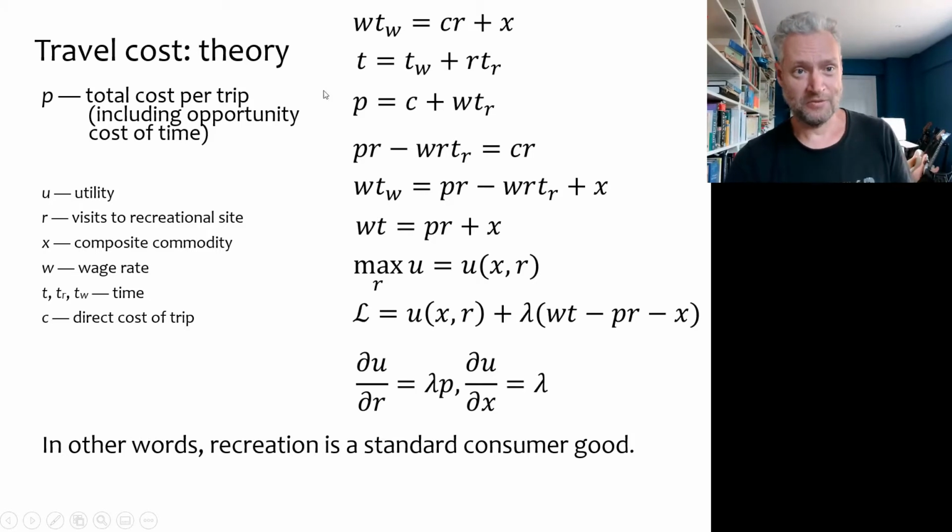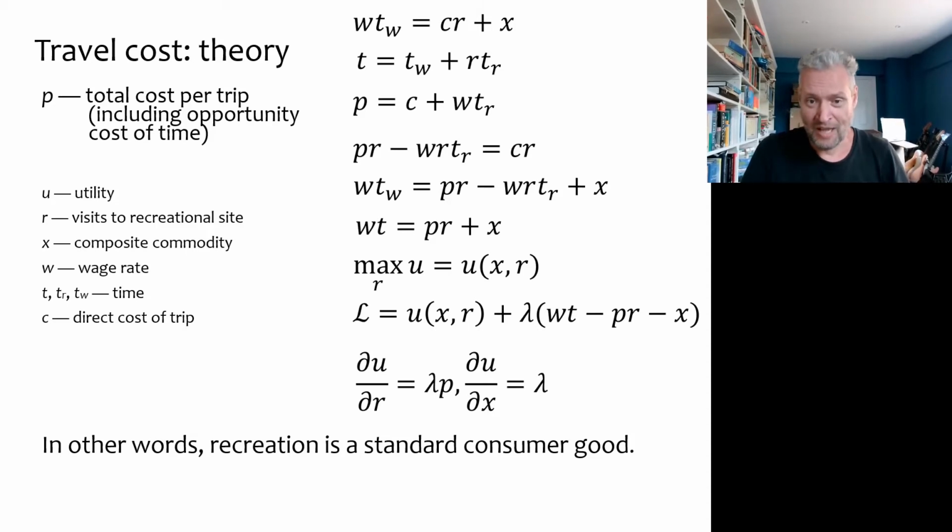So essentially what we do by introducing this total cost per trip is that we combine the two budget constraints into one, which makes the optimization problem a bit simpler